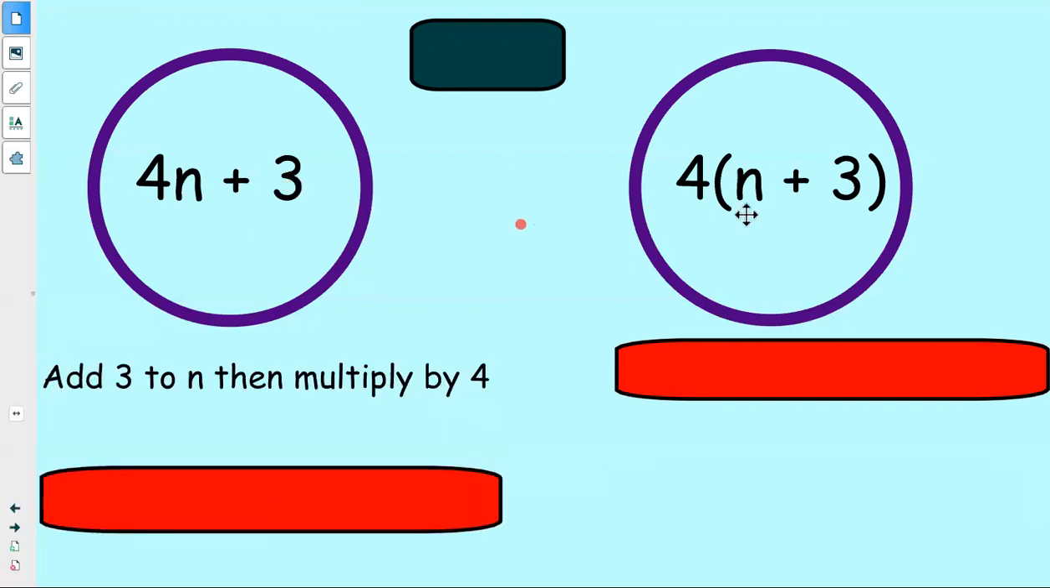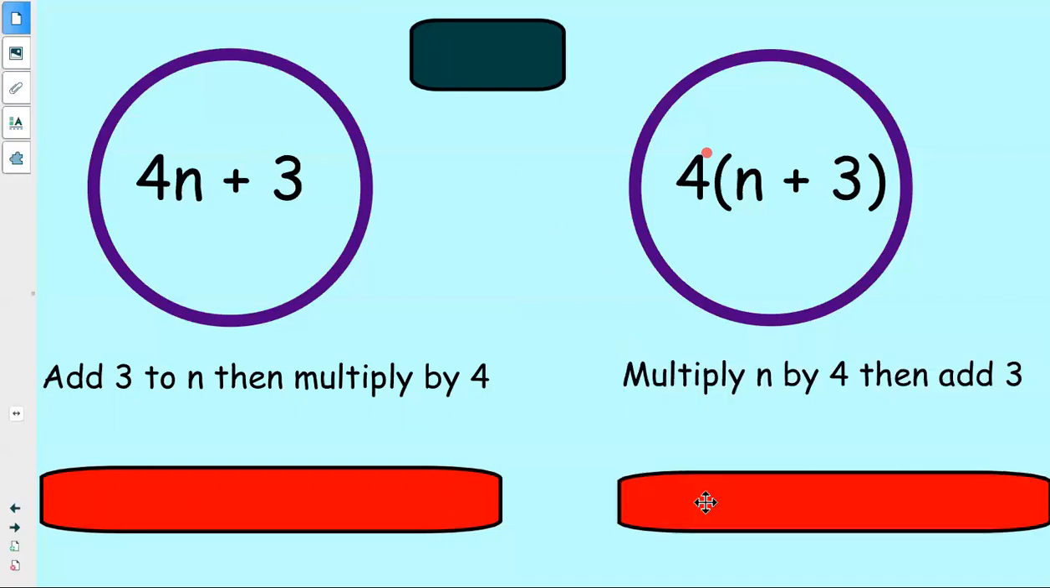But with this one here, what's happening? You've got your variable n, you're adding your 3 first, which you must do, the brackets first, and then you're multiplying that answer by 4. So again, very, very different. So that's how I would write those expressions. Okay,